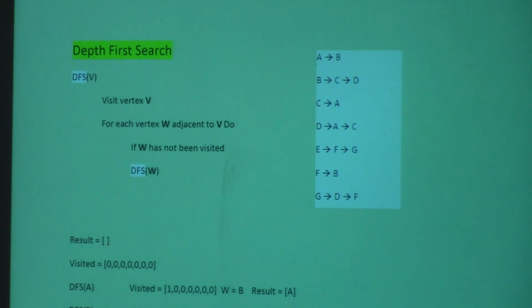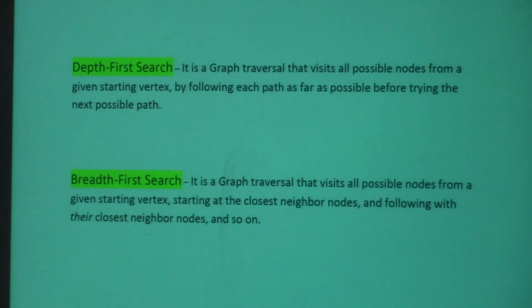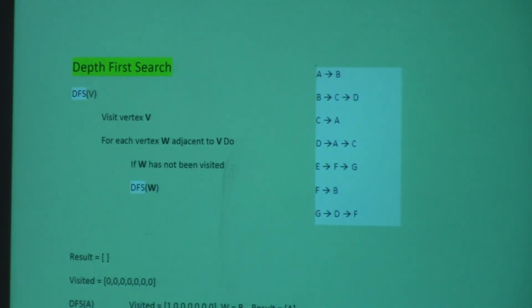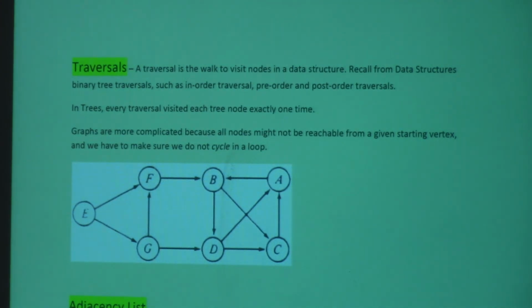Yes, okay. So we're going to start with A. Now, let's take a look. So we're going to go depth first. We're going to start with A. Is it the same graph? I think it is the same graph. So let's see what's going to happen here. From A, I must go to B. From B, I must go to, by the way, as we do these traversals, because there are cycles, we always have to keep track of where we've been. So we always have